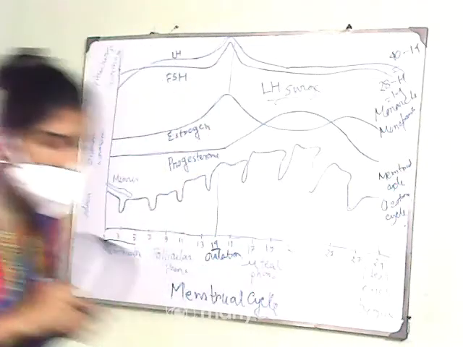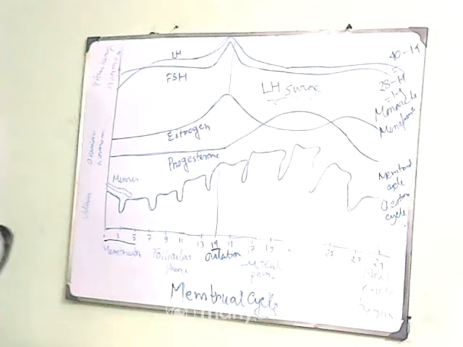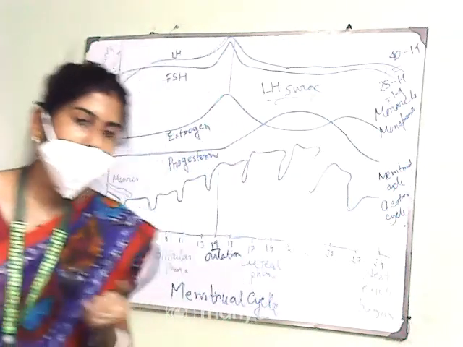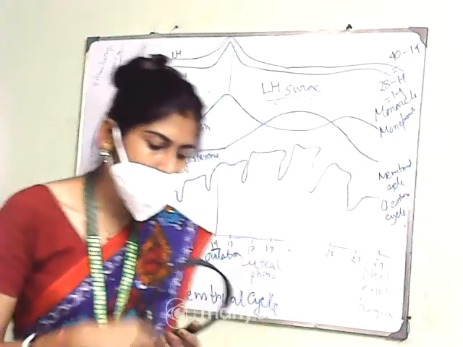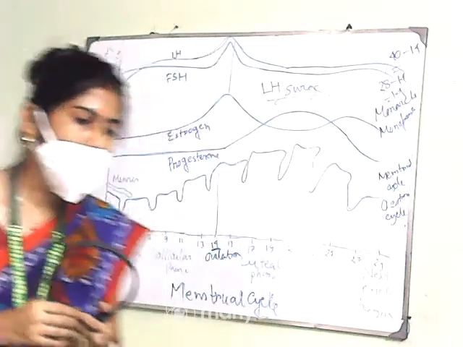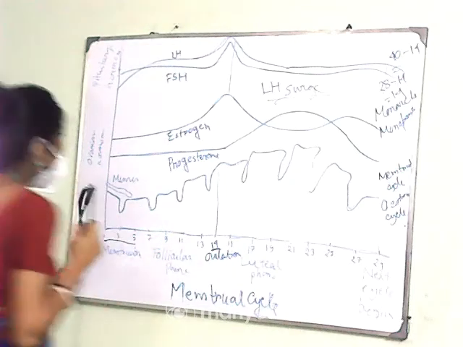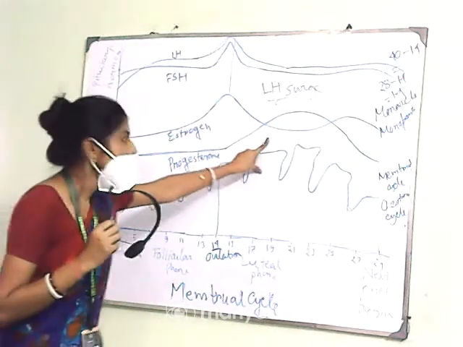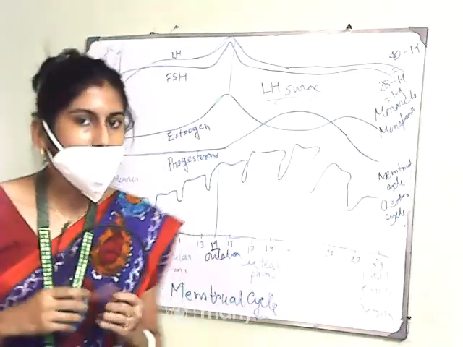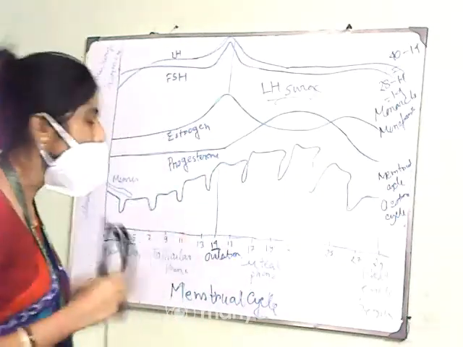Okay, so the corpus luteum secretes a large amount of progesterone, which is essential for the maintenance of the endometrium, as the endometrium is necessary for the implantation of the fertilized ovum and other events of pregnancy. So that is why this progesterone is called the pregnancy hormone, because a high level of progesterone can be indicative of the pregnancy. Okay, and it also can be maintained.